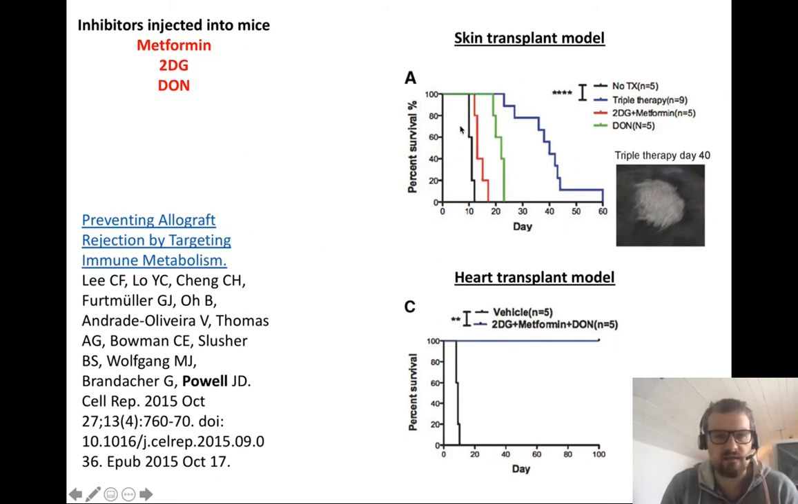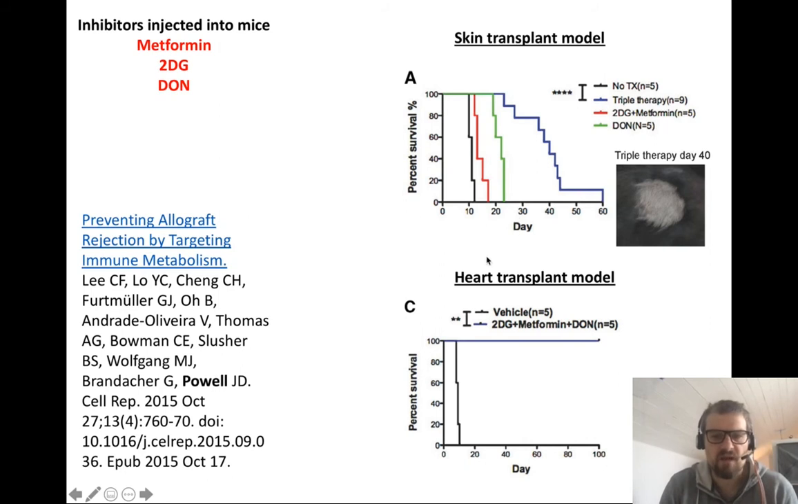And here I'm just going to show you some of the data for the in vivo model. This is a skin transplant model, which is quite nice because you can actually visualize it. Here they transplant a patch of skin from a white mouse to a black mouse, and obviously in the absence of any treatment, the skin graft is rejected pretty quickly, within 10 days, and you see the loss of the white skin and the white fur. But if you start adding in these inhibitors one at a time, or the triple therapy, you can see the rejection is delayed by a long time, and now it's taking up to 40 days for the rejection of the skin transplant just by adding these three